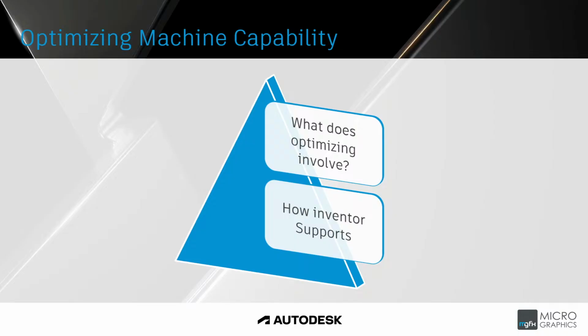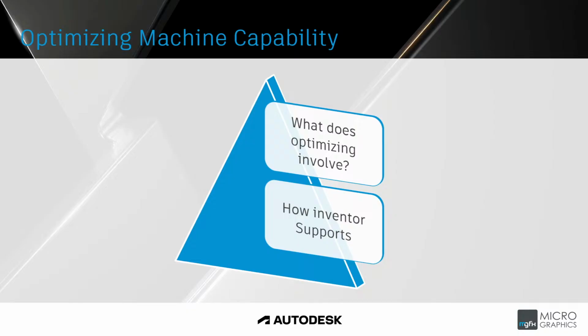Optimizing this capability is crucial for maximizing your output, reducing downtime, and ensuring part quality. Optimizing machine capability also includes aligning your designs, manufacturing, and maintenance strategies to get the best possible performance from production equipment. Now, how does Inventor support